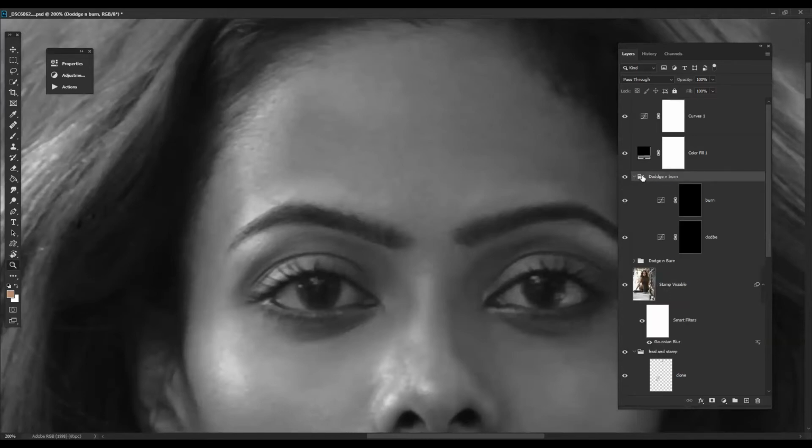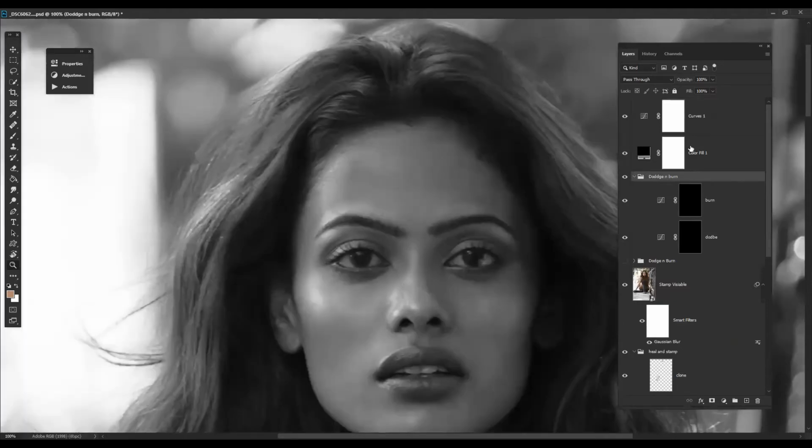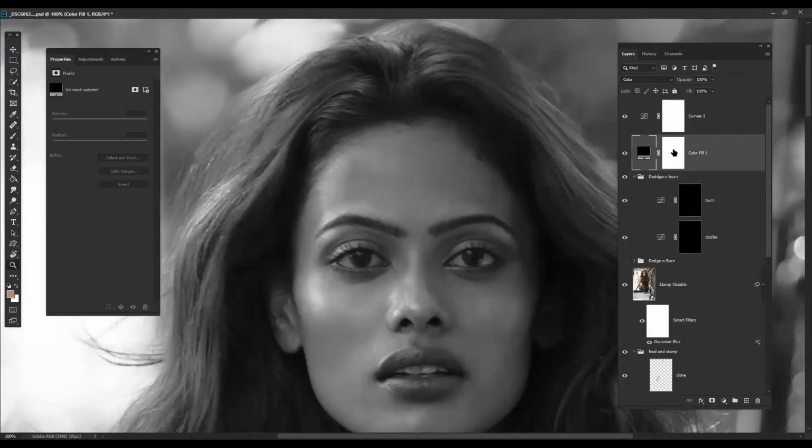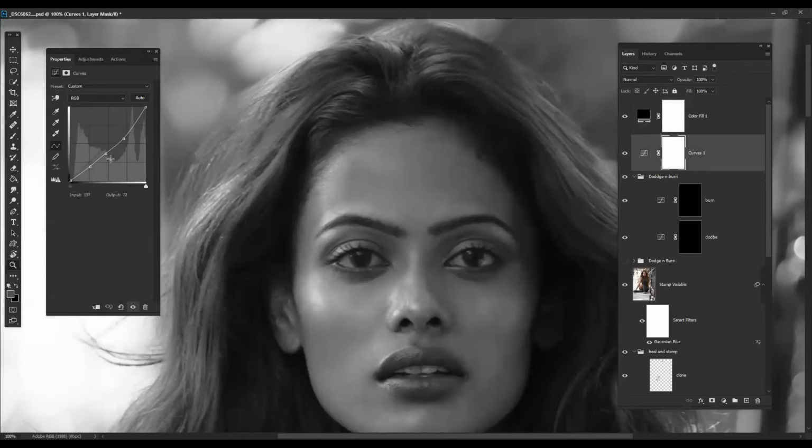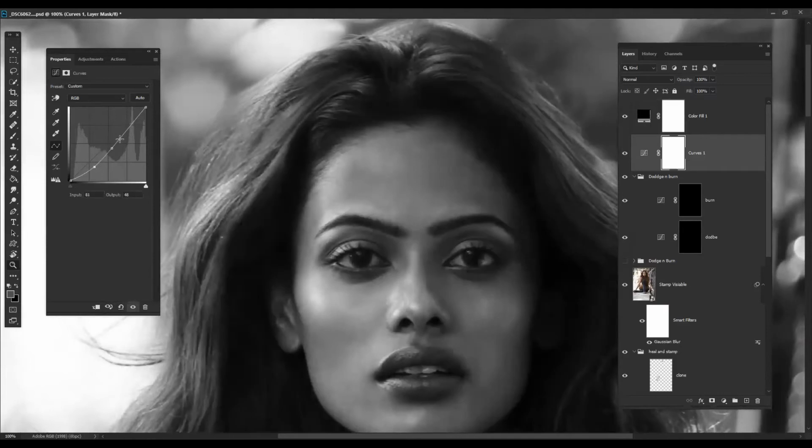So let's begin the tutorial. Firstly, we will see the areas. Let's adjust the curve a little more to see the flaw parts prominently. Let us readjust it. So now we can see a major part of the flaw that we have to correct. So these are the areas to dodge. These are the areas to burn. So we will mark out where to dodge and burn.